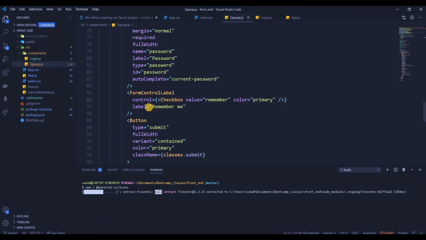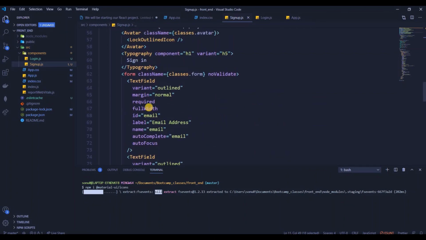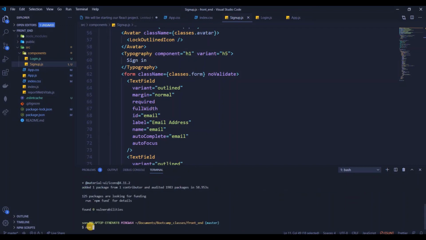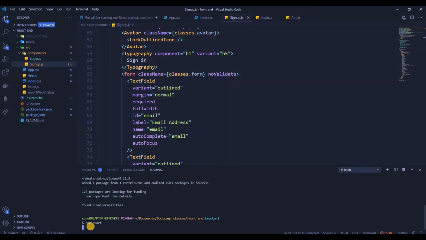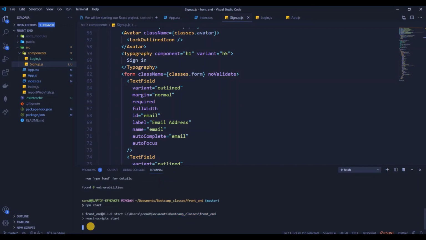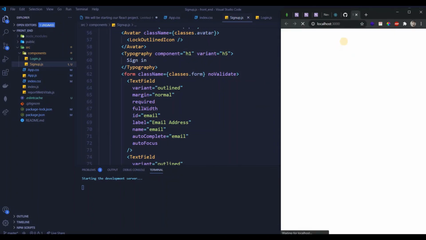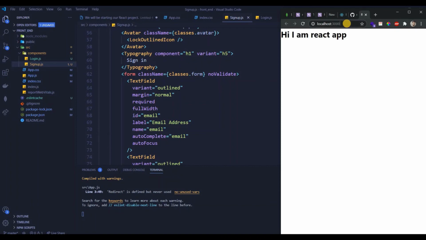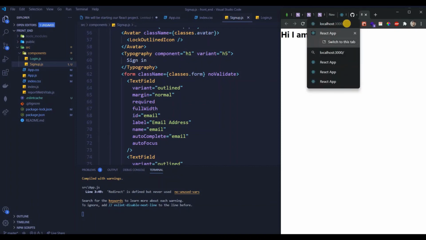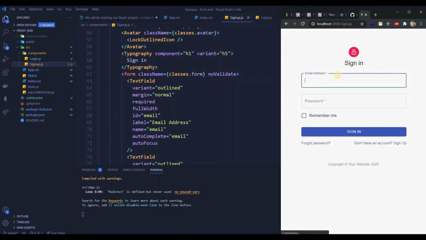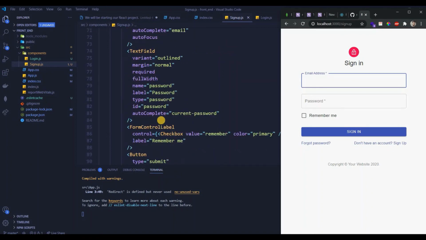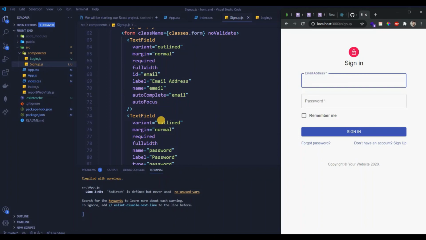Okay, so email address and password are the two fields here, but we need a couple of more fields, so we'll talk about that. Okay, so we got that dependency installed, guys. So let's go ahead and write npm start and check whether that change has occurred or not. Okay, so we are in 3000, so it's going to say hi, I'm React app. But when we do signup, see, we got this complete screen, right? So now we all know that we need to change our text fields here and provide certain things.